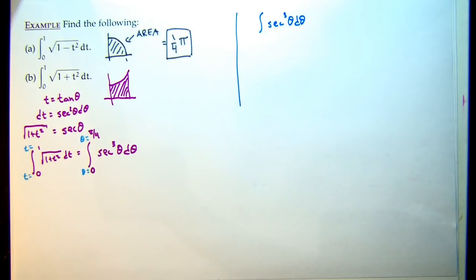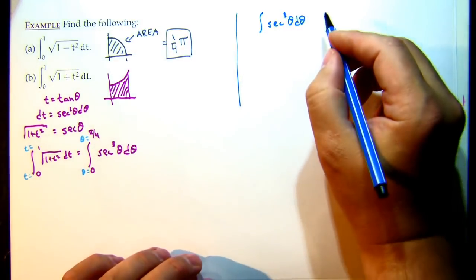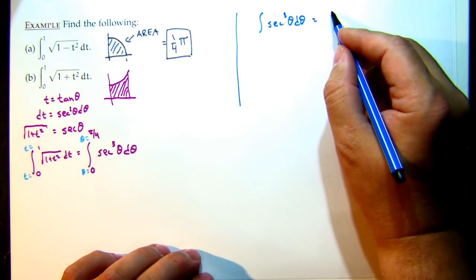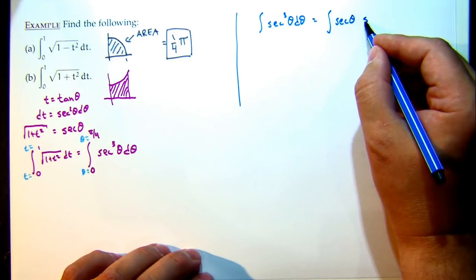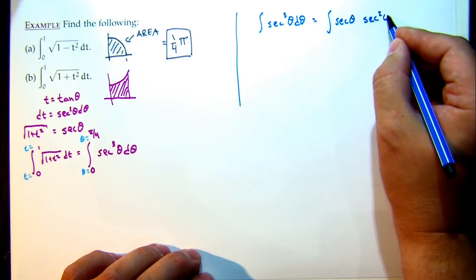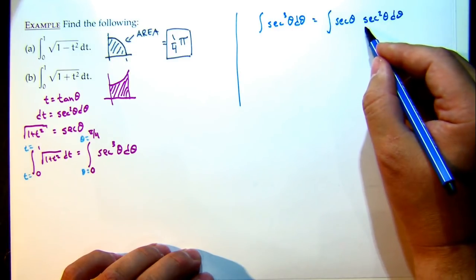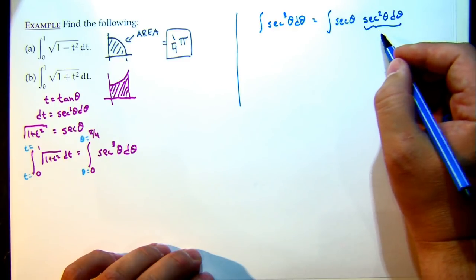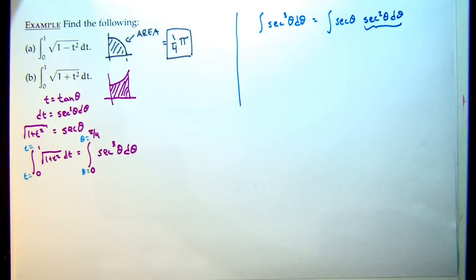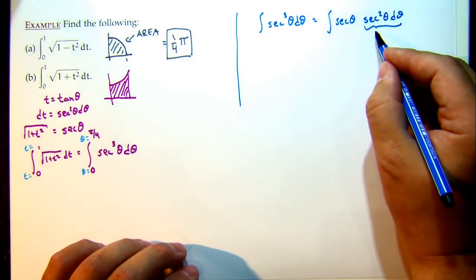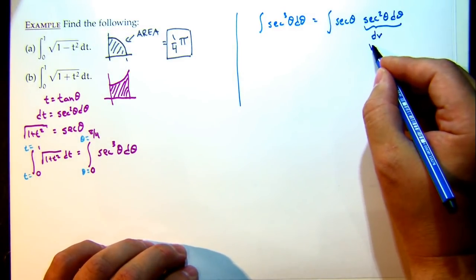We had to do a little bit of integration by parts. And so let's see if we can remember this. So the basic idea was, well, you have secant cubed, which I break up as secant and secant squared. The reason being that this right here is the derivative of tangent, and so that has a nice antiderivative. So if we make this our dv, then we get that v equals tangent theta,